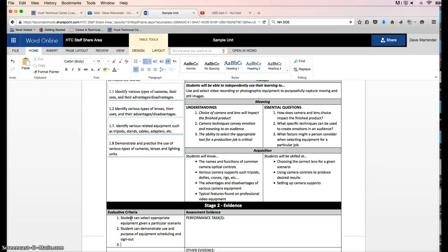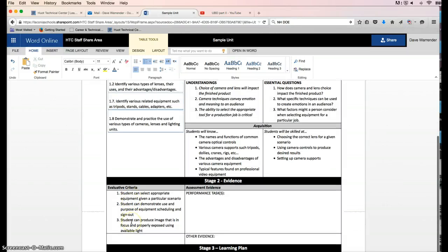Then we're going to get into some of the more operational parts of it. An evaluative criterion is that the student can produce an image that is in focus and properly exposed using available light, because again, we were not getting into the lighting piece.